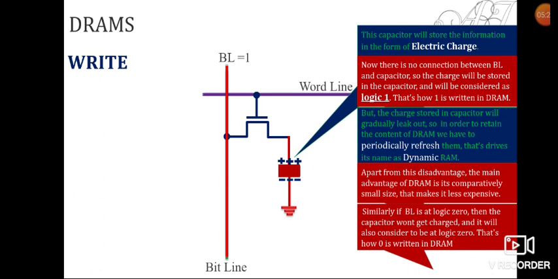You have to simply provide that 0 with the bit line, and if you are connecting 0 with the bit line, in that case what will happen? Whatever charge you have stored in the capacitor, or retained in the capacitor because of any reason, will get a path, and that will gradually discharge through your transistor, and ultimately you will get 0 charge stored in the capacitor, and that is how you can store 0 inside this DRAM.